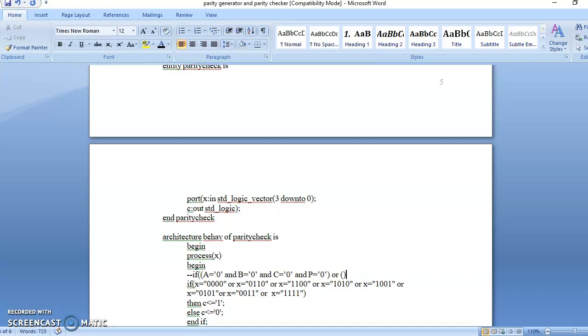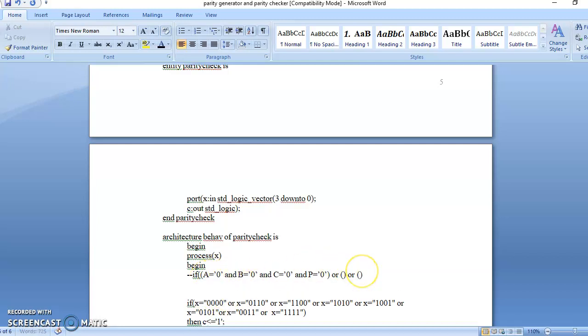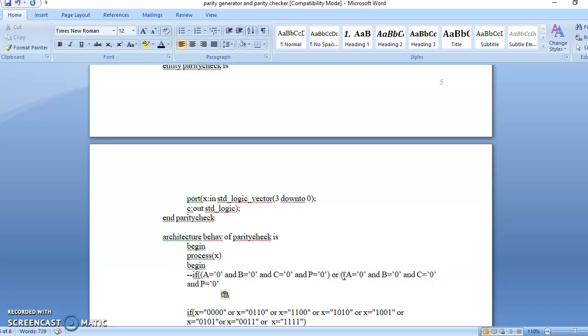So next condition, or else you can copy paste the entire thing. I hope you're understanding what I'm saying. Copy this thing, Control C. There are 8 combinations for which my output is equal to 1, so you have to write it 8 times.